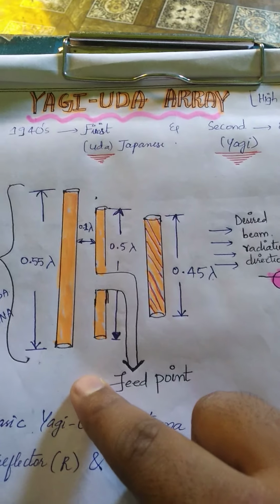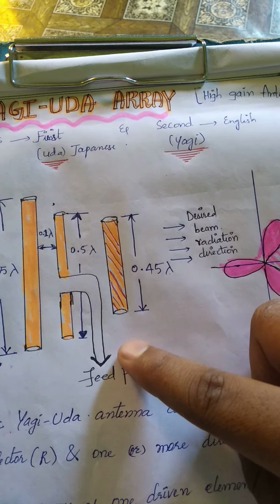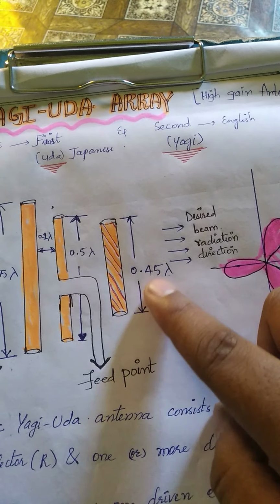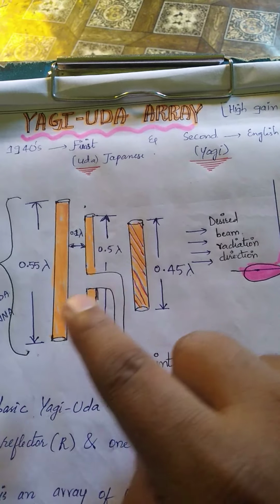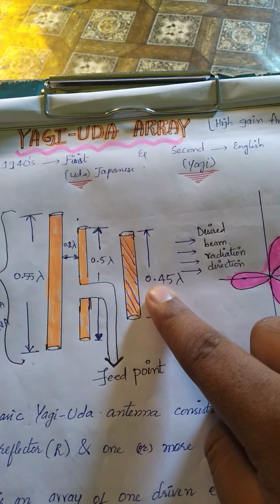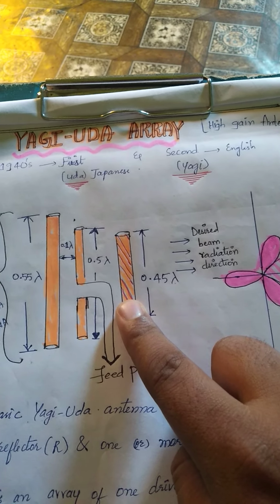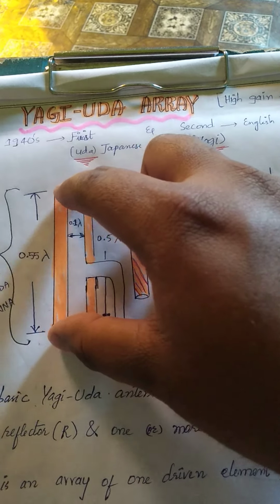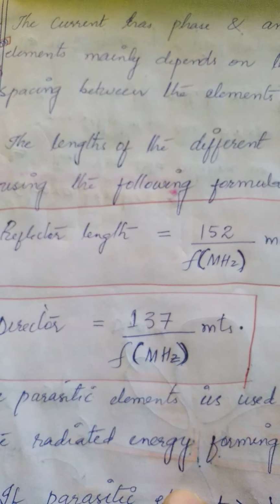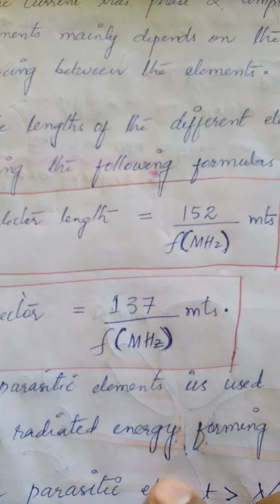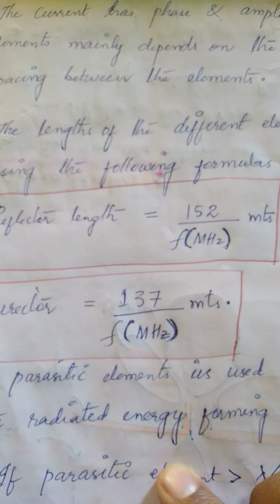And we know the driven element is a resonant half wave dipole made up of metallic rods. Whatever rods we are using, all are metallic rods. The parasitic elements are arranged parallel to the driven element and in the same line of sight, LOS. The parasitic elements receive excitation through induced EMF, so there is an EMF induced in them from the driven element.